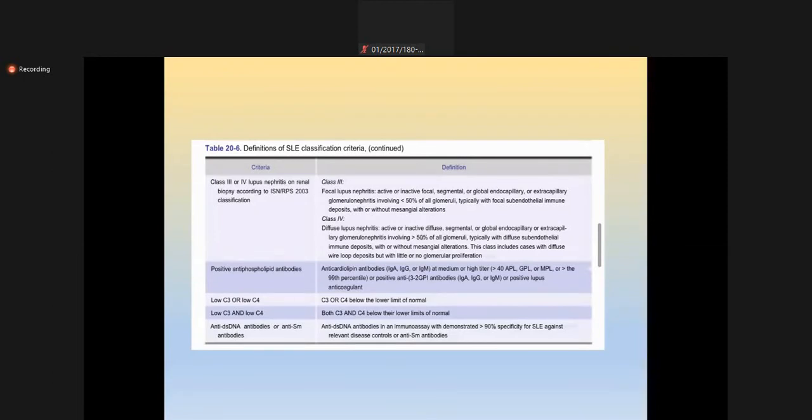Or if a patient is having thrombosis in any part of the body without any other cause, you will think of it, and in a female, if there are recurrent abortions or miscarriages. So whenever you find such symptoms, you have to think of antiphospholipid antibody syndrome. And in addition, if you are getting a skin finding, the patient is having joint pain, the patient is having proteinuria, then this will signify that this antiphospholipid antibody syndrome might be because of SLE.